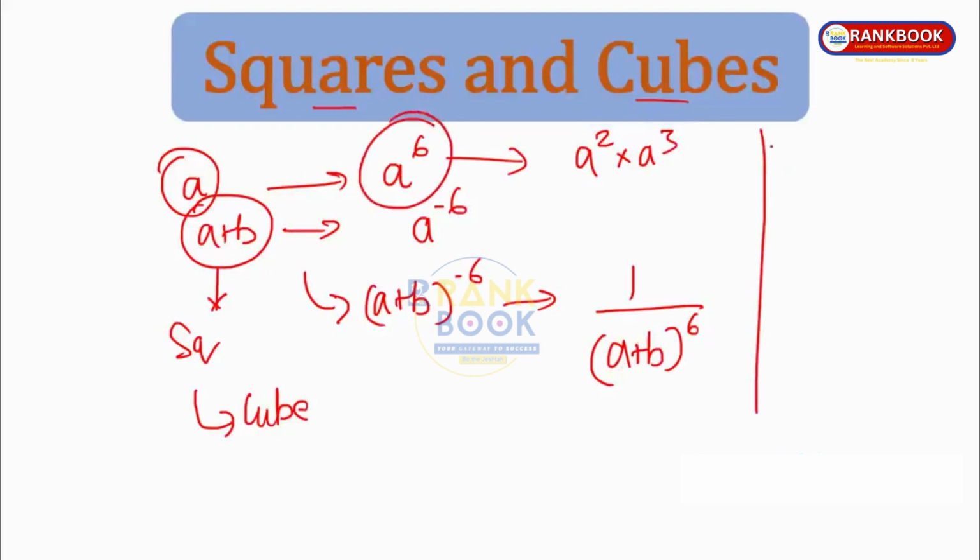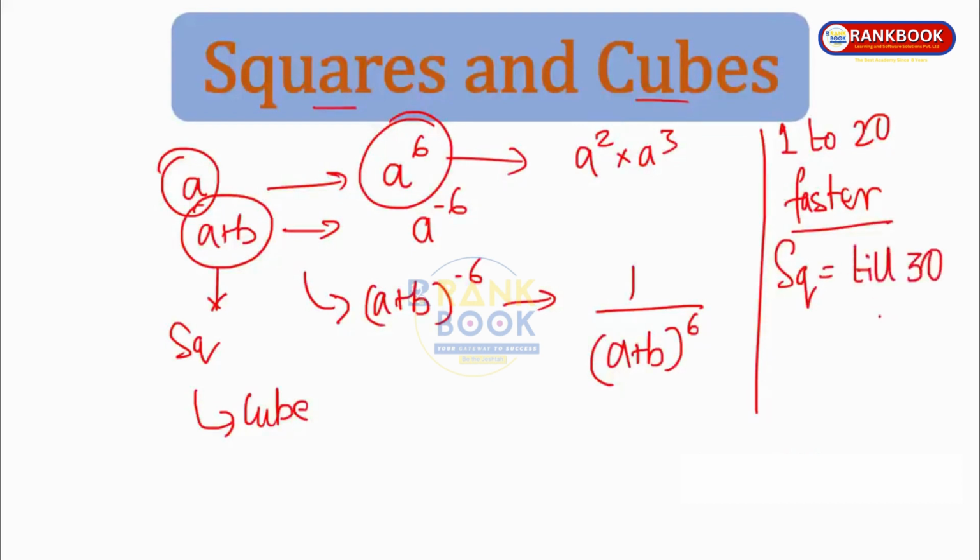Also, it is extremely useful to know tables from 1 to 20. Tables from 1 to 20 should be known because it helps you with faster calculation and simplification. Also, squares of numbers up till 30 should be known. You might think that this is very big and remembering all such stuff is very difficult and time consuming, but please trust me, if you learn by heart all the squares till 30 and know the tables till 20, this would save an ample amount of time in the exam. Squares till 30 should be known.